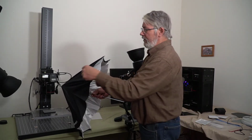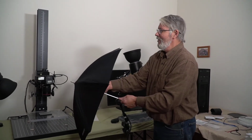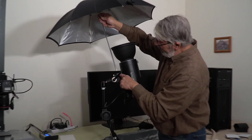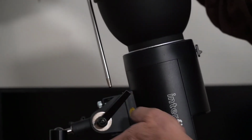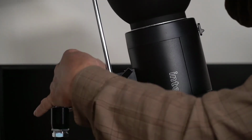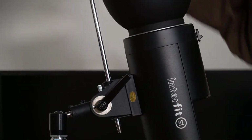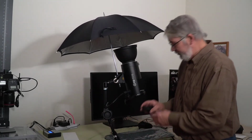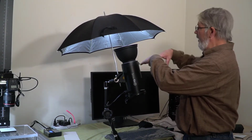Now these umbrellas are black and white, and we'll get into that in just a minute because there's a bonus here. So we're going to open this up, and then on your flash head you've got a spot for flash umbrellas. You have a hole here with a bolt and another hole in the back. So you slide the umbrella through and you just snug this little nut down, the little screw, and that holds the umbrella into position. Now if I turn on my modeling lamps with my trusty remote, I've got a bounce light